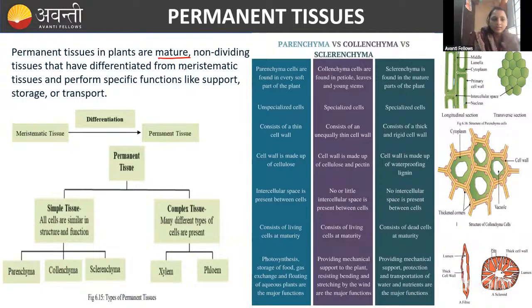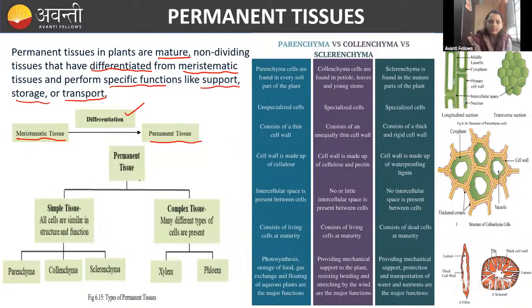Okay, these are non-dividing, and they are formed from the meristematic tissue only, but they are differentiated. Now they have a specific function and a specific structure. You can see functions like support, storage, and transport. These are all the functions they have particularly. Okay, fine. Here, you can see meristematic tissue only that is differentiated to form the permanent